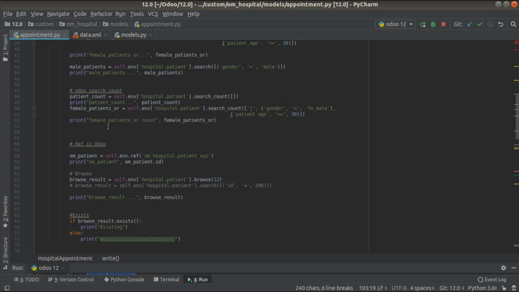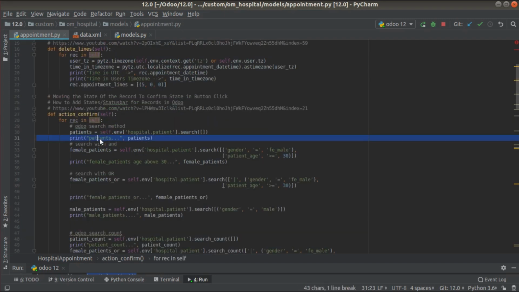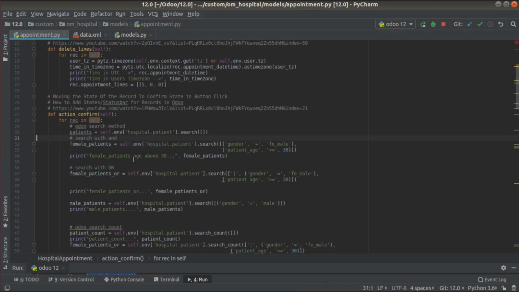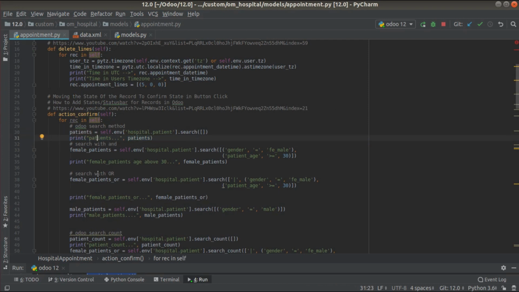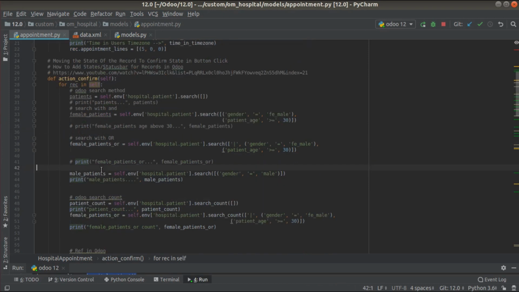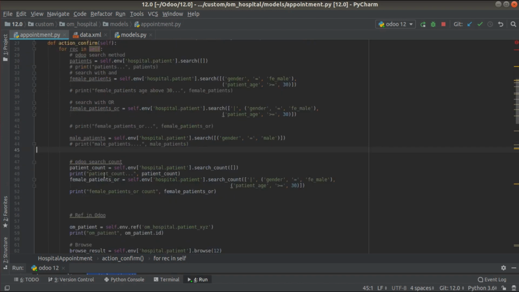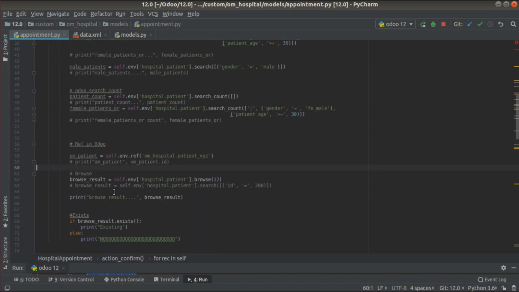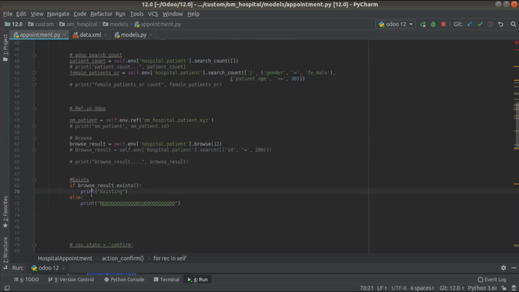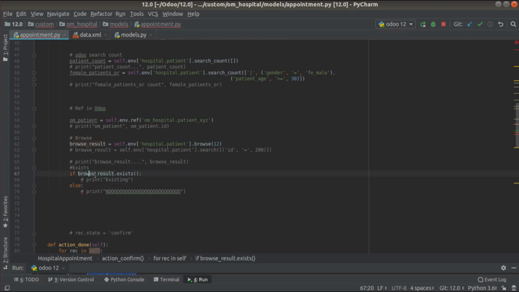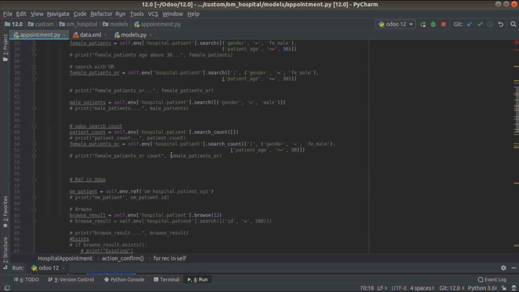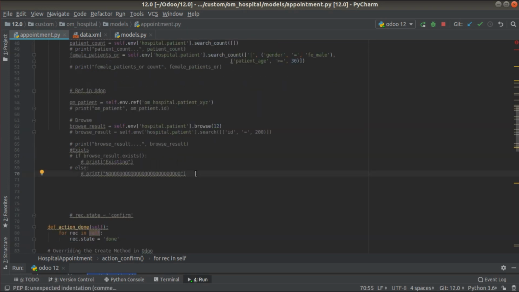I'll be removing the print statement that I have already added, or I'll keep it as commented. Don't worry, I'll be adding this code to the Odoo apps or to GitHub, so you can just get it from there. I'll be commenting the print statements that we have added, else our log will be too long to understand. Now we will be going to discuss the next method, that is the create ORM method: create, write, copy and delete.